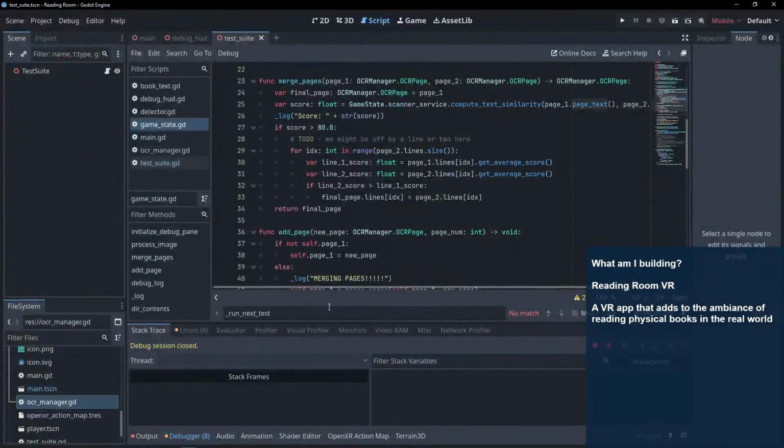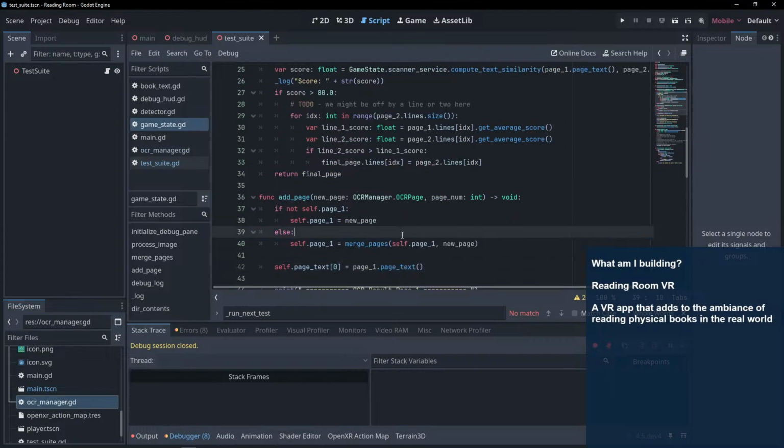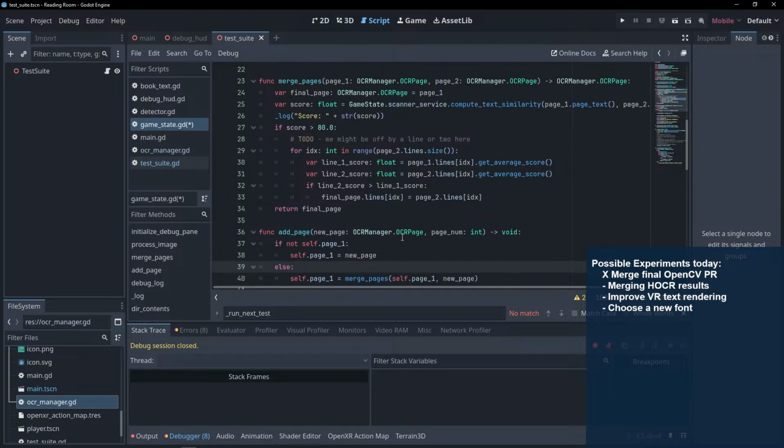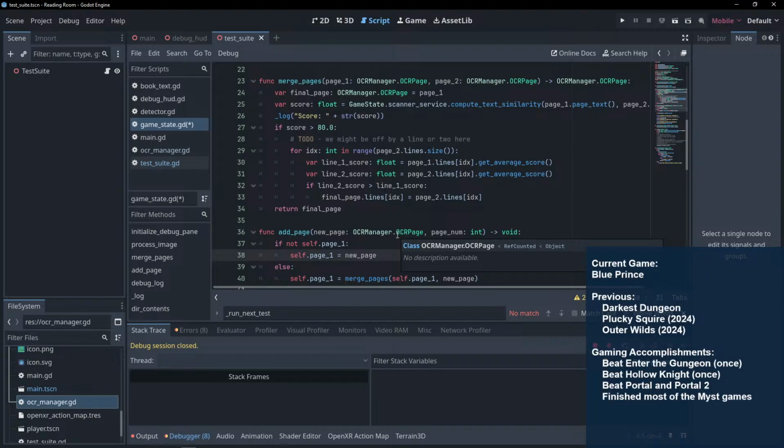You could do the page similarity test here. Arguably this logic should be pulled up to here, because we're checking to see if it's the same page or not, right? You could argue, if the similarity is low,